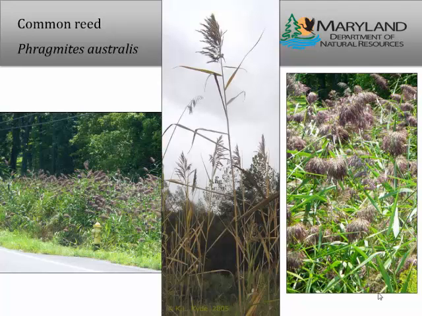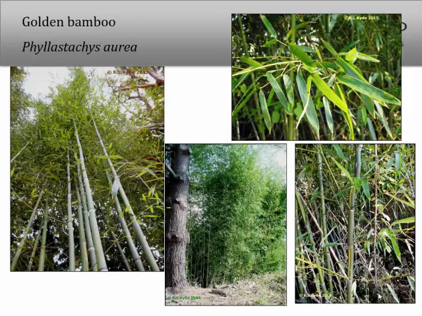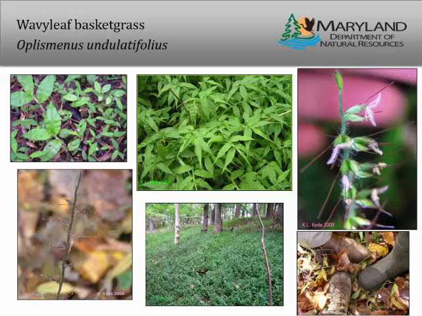Common reed, this one also, you see it everywhere. It likes to grow in wet soils, so we see it in ditches, in our wetlands, as sea level's rising. And it's coming up and becoming a major problem just about everywhere. Bamboo, don't ever plant it. There are tricks for how to contain it, and they all fail at some point. So this is a good one to keep after and make sure you don't introduce it if it's not already there.